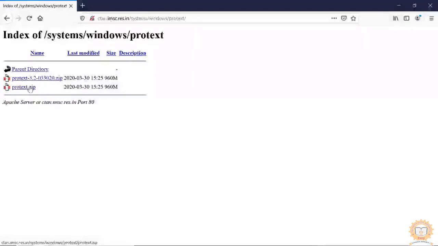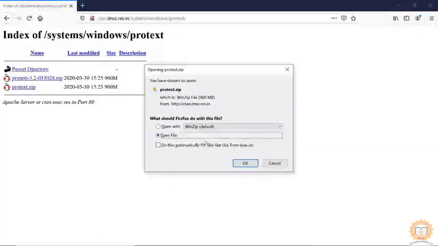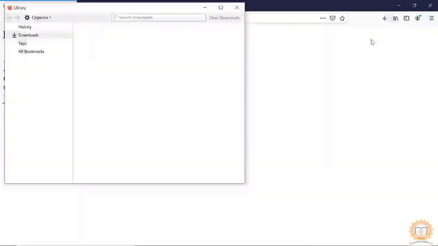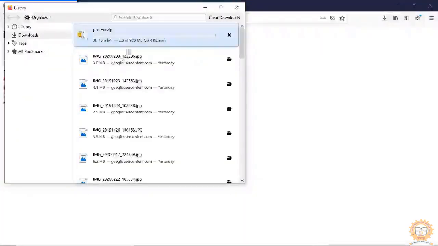It is a self-extracting zip file. Click on it and save it to your computer. If you see here, it has started downloading, and it will take some time.